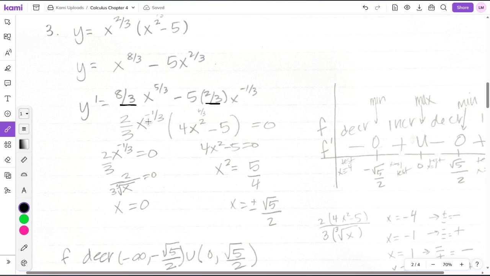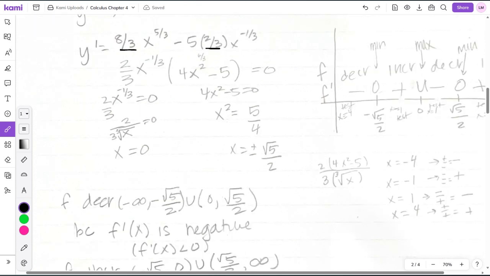When I factor out x to the negative 1/3, when you multiply like bases, you add your exponents. And so when I factor something out, that's dividing. So I actually subtract my exponents. So I subtracted a negative 1/3, which meant add 1/3. So 5/3 plus 1/3 is 6/3. And 6/3 reduces to 2, so that made it nice. And I just took out this whole thing, so that just left me with 5 there, which made it nice also. So I set this equal to 0, and I got plus or minus square root of 5 over 2,